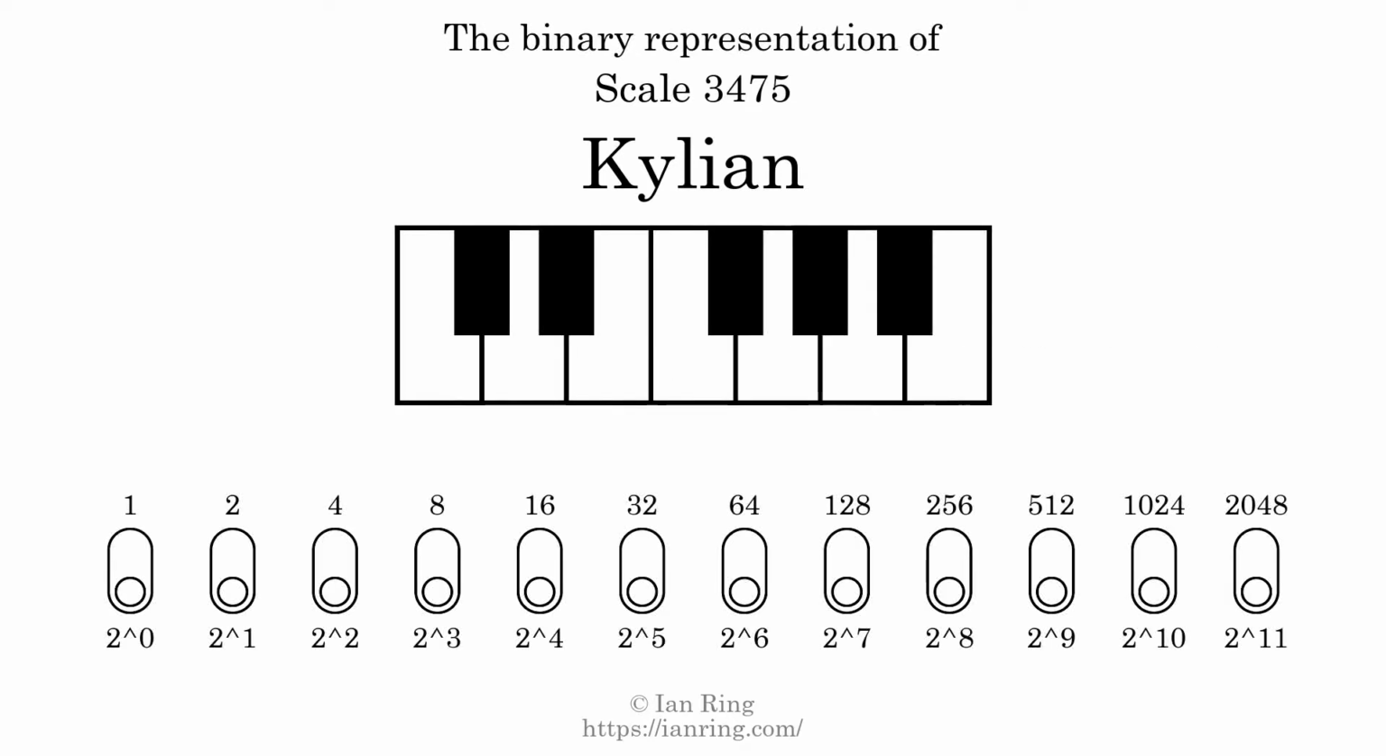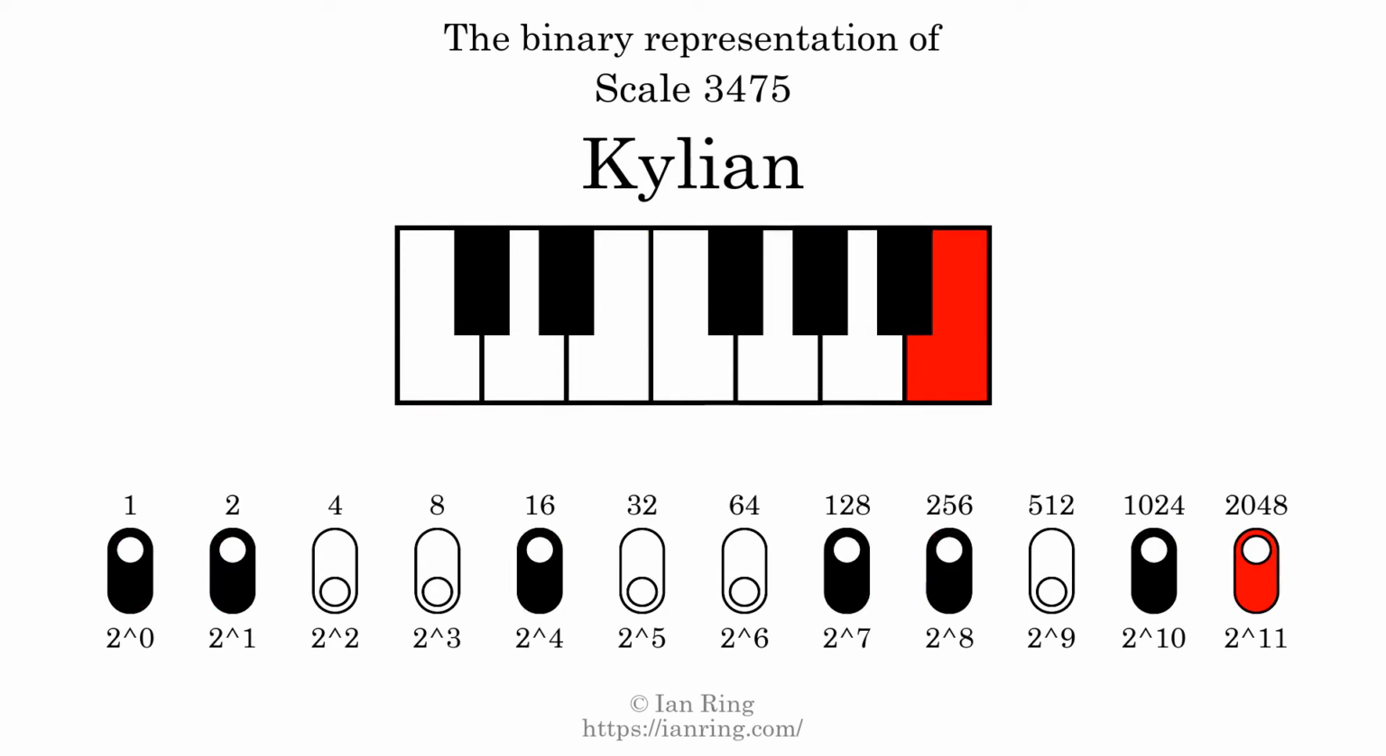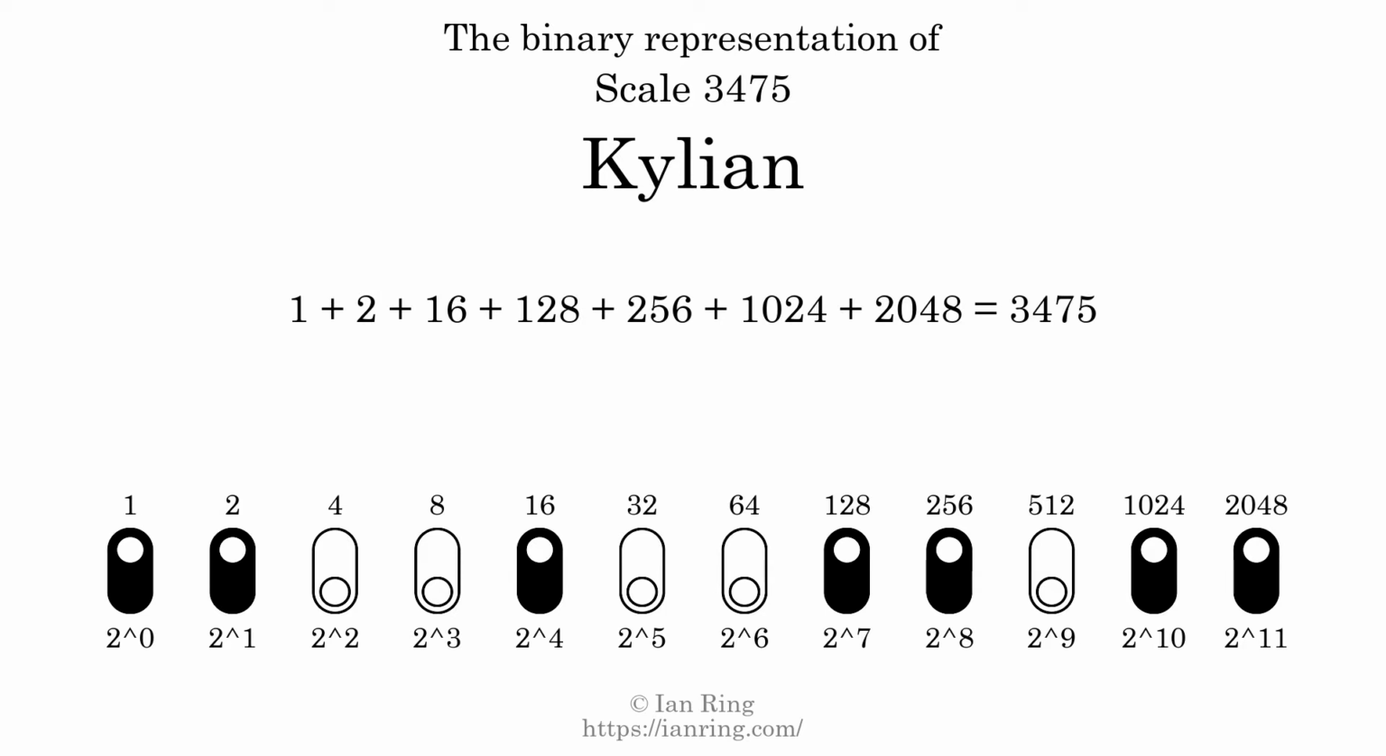The binary representation of this scale is determined by mapping tones of the scale to binary digits. Each binary digit represents a power of 2. To get the scale number, we add the powers of 2 together. The powers of 2 that are present in the scale, all added together, equals 3475. That is why the scale number, in decimal, is